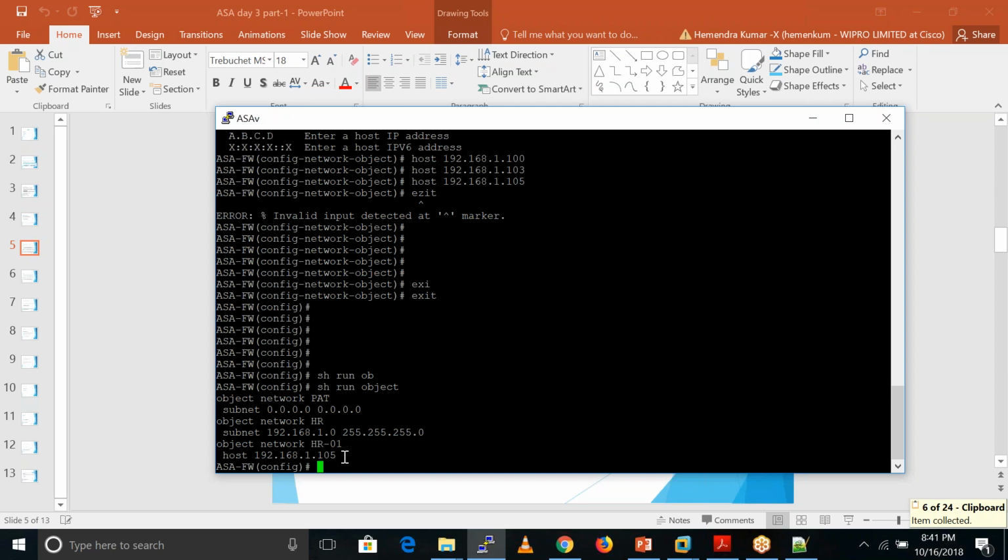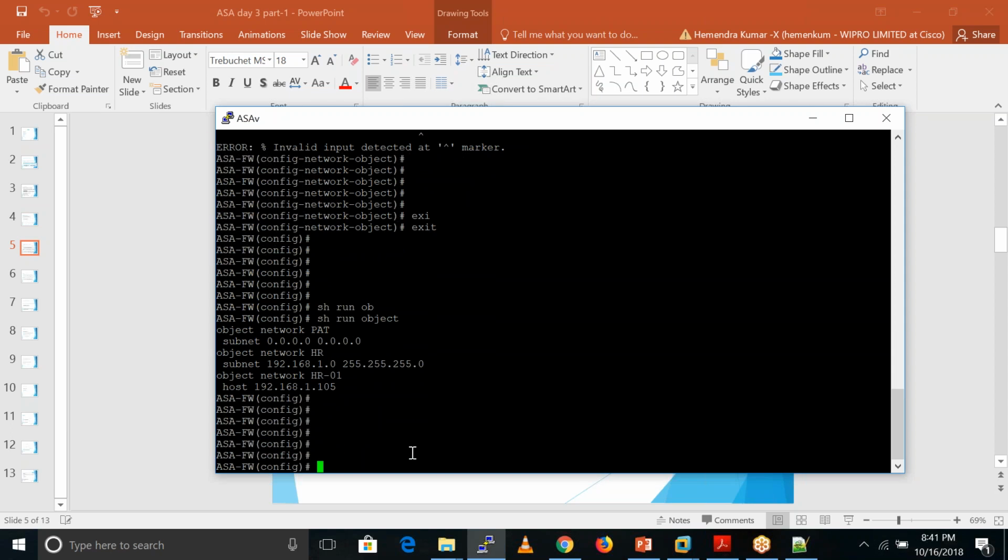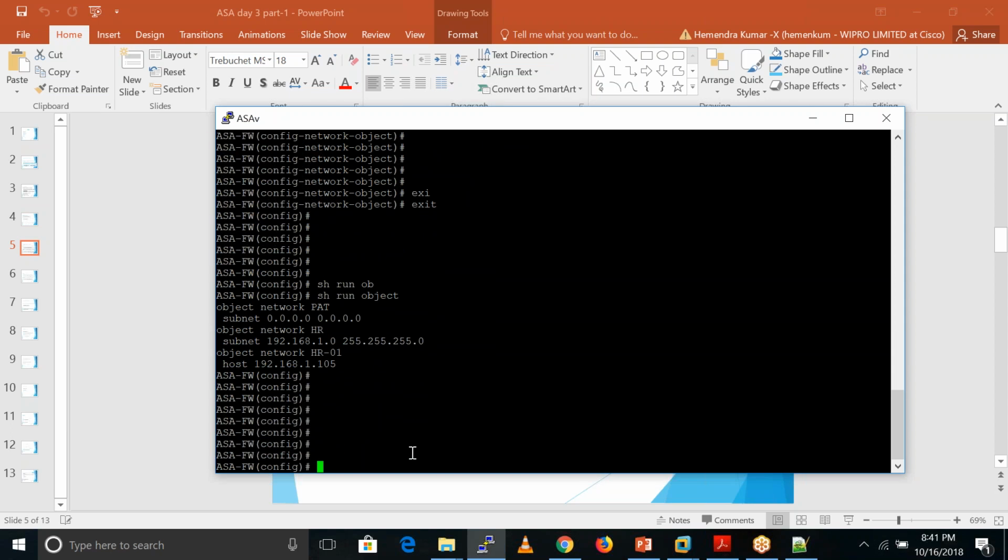Sir, I don't understand what an object is. See, an object is a combination of different kinds of subnets, hosts, and users. If we have 10 users, we can include the IP addresses of these 10 users in one object.